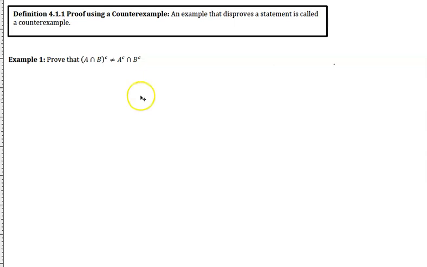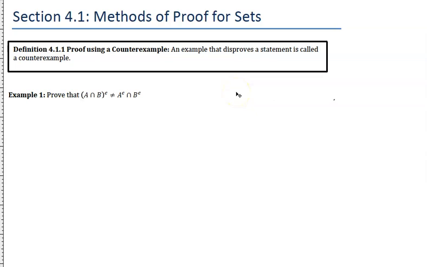Oh, hello. Let's see. We're going to look at section 4.1. And this is called Methods of Proofs for Sets. Okay, so we're going to take some of the proof methods that we've learned and readjust them to work with